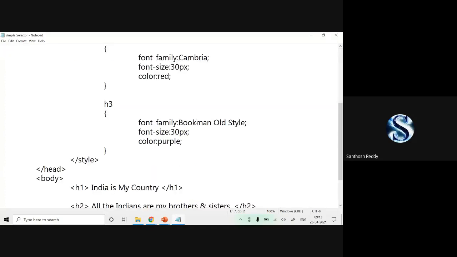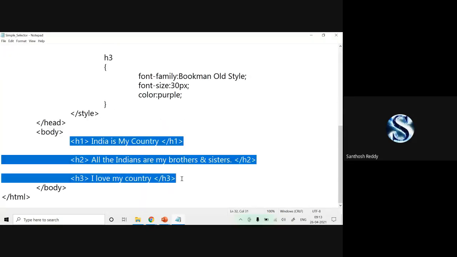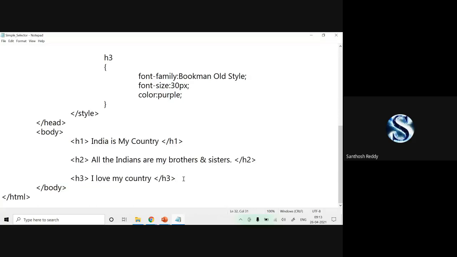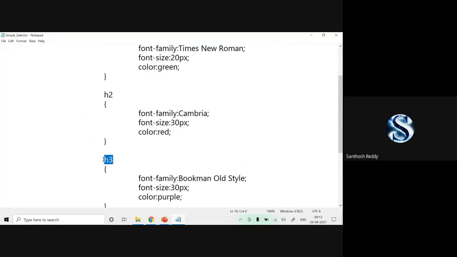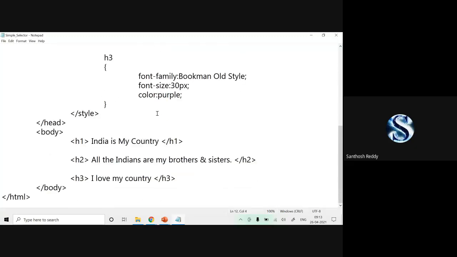Suppose in the body part you have three different tags, and for these three different tags you want to apply some CSS properties. The way we apply properties in the document level style sheet, the same way we apply here, based on your tag names, for that particular tag content. Understood? Simple selector is nothing but where you apply your CSS properties based on your tags.